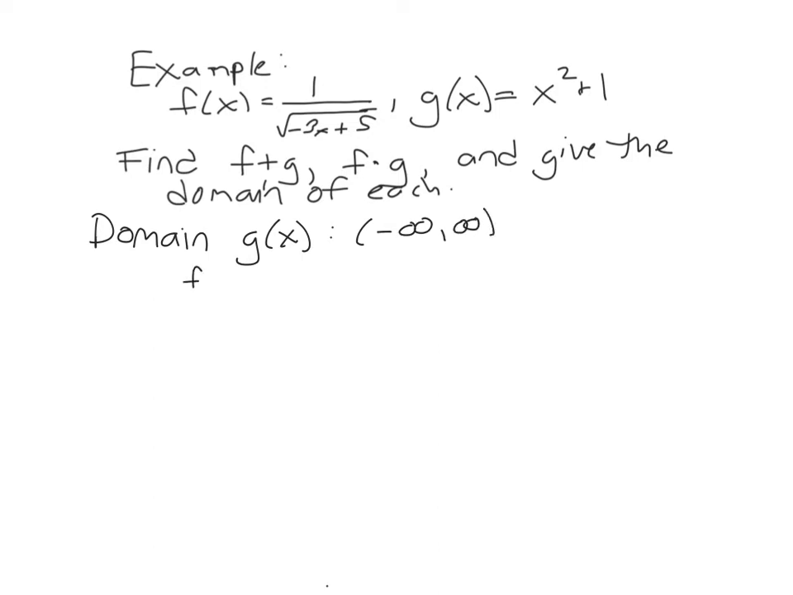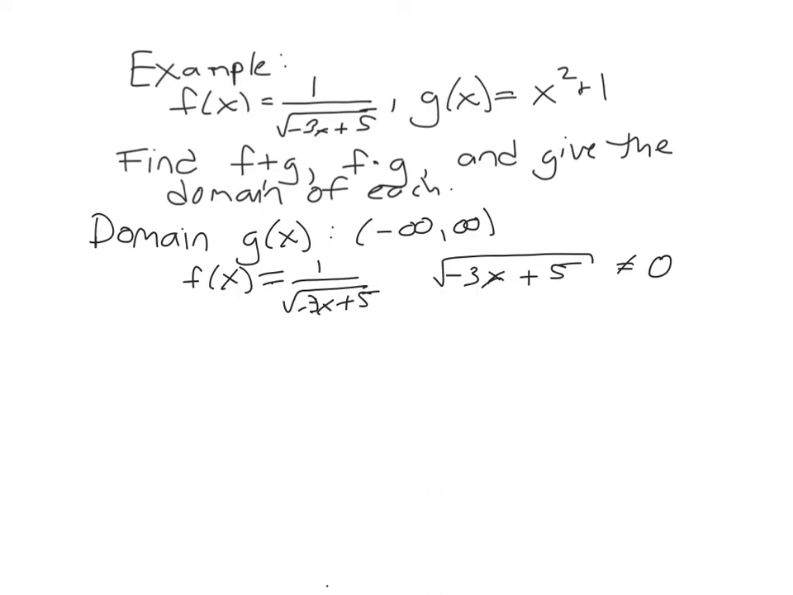Looking at f of x, the domain's a little more cumbersome to look at. First of all, we know that we have f of x equals 1 over the square root of negative 3x plus 5. Now I know that I can't divide by 0. That's true. So I know that negative 3x plus 5, inside this square root, cannot equal 0, because if it did, I would be dividing by 0,